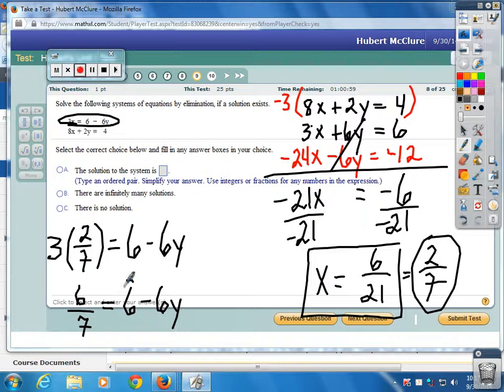And bring this over, and that's going to be minus 42 over 7. Minus 36 over, no, it's minus 42 over 7, isn't it? Minus 42 over 7. And 6 minus 42 is 36. That's what you were thinking of. That'd be minus 36 over 7